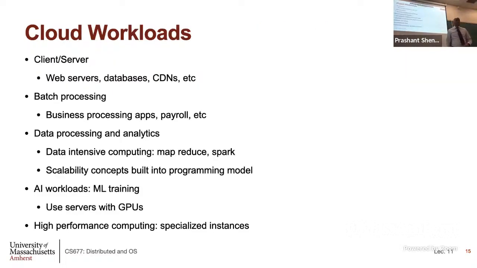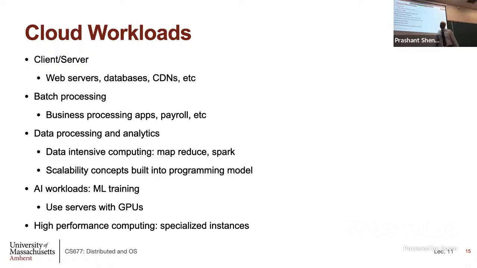So let's talk a little bit about cloud workloads, and then we still have to talk about Kubernetes and cloud orchestration. There are many types of workloads you can run on these clouds. Typical things you run are web applications. You can put your web application on the cloud, and I think at the end of the course in lab 3, you might have to deploy some applications on the cloud, just so that you get some sense of what you can do there. Those are interactive applications. So you're putting web applications, databases, and so on.